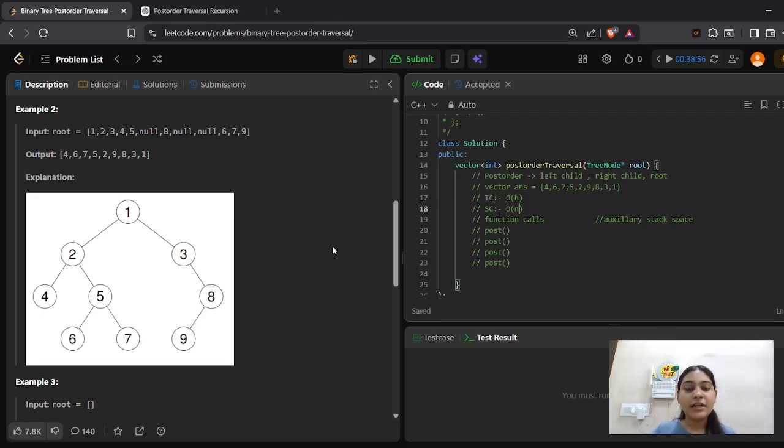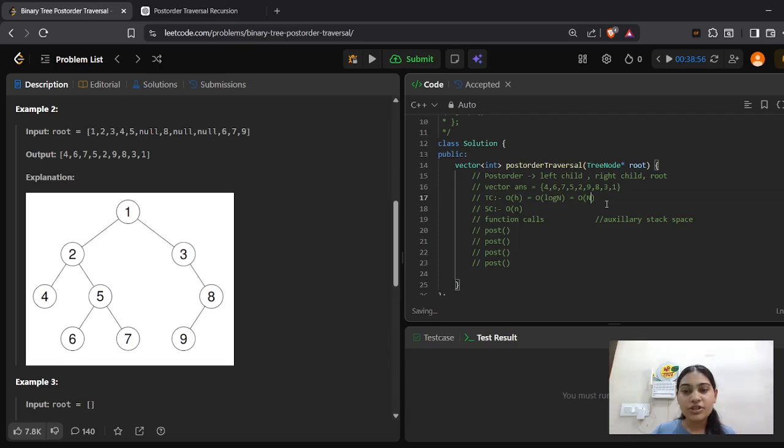And if it is a skewed tree, for example, where we have all the nodes on the left side, the entire left side, or it is extremely on the right side, then the total height of the tree, if it has n elements in the skewed tree, means we need to travel all the n elements to get to the last element. So we can say that the time complexity will go from O of log n, which is actually the height of the tree, to O of n in the worst case.